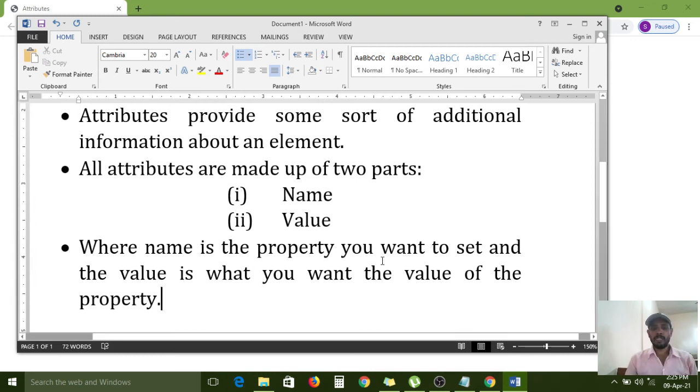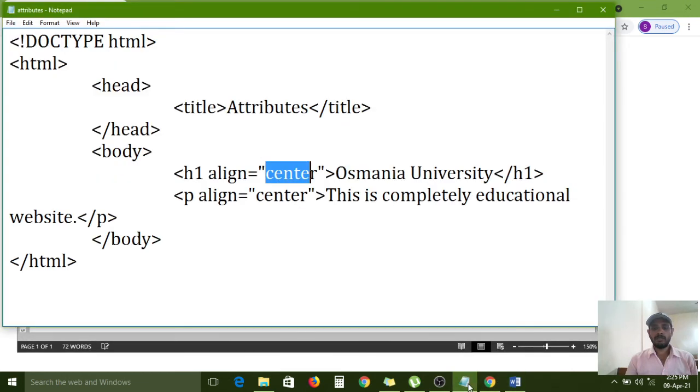Where name is the property you want to set and the value is what you want the value of the property. I hope you understand.